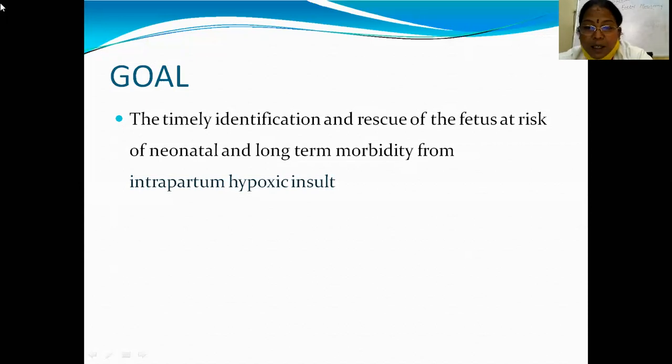The second thing is that when we are monitoring, we are reassuring ourselves and the laboring woman that everything is fine. This will reduce the stress. The woman in labor already has a lot of stress. When the fetal heart rate is normal while we are monitoring, we are also reassuring her that everything is okay, so you need not worry. Then we will not take hasty decisions like going for cesarean section, so we can reduce the rates of cesarean section. So intrapartum fetal surveillance, how do we do it?